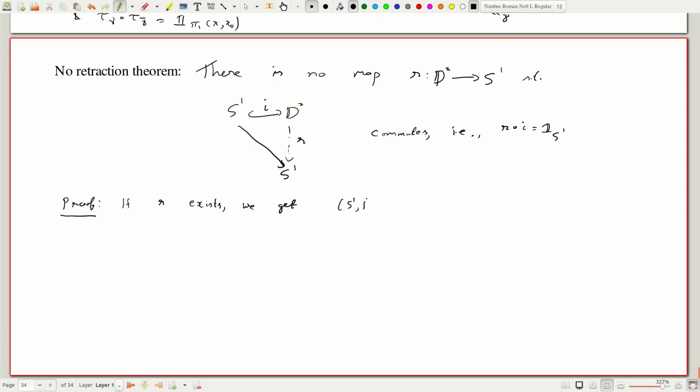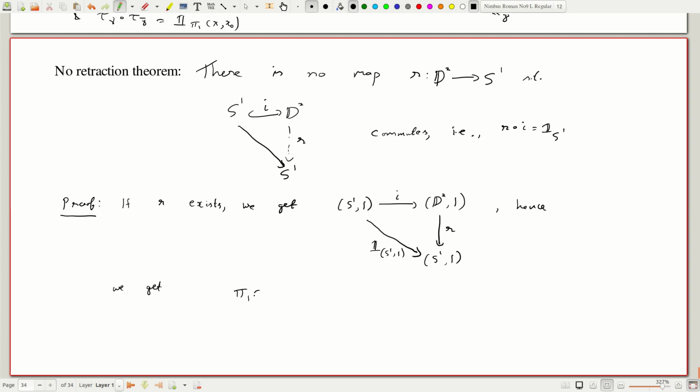So R has to be, a retraction is something which on the subspace is the identity, so 1 has to go to 1. So S1,1 is mapped by inclusion I to D2,1, and this is mapped to S1,1. So fortunately for us, it's automatic that you have a map of based spaces. So this is going to be R, and this is the identity of the pair S1,1, and hence by functoriality